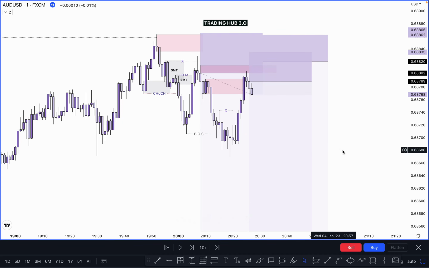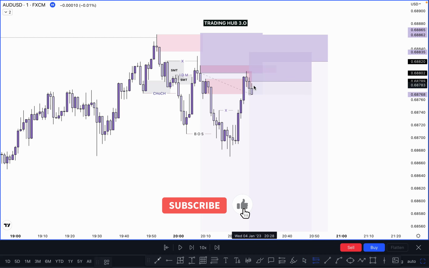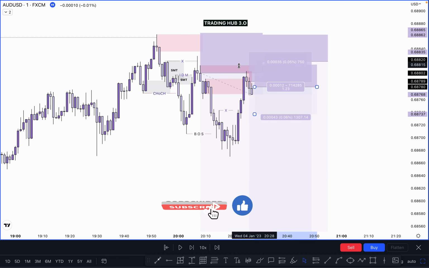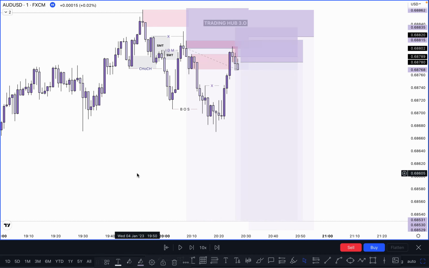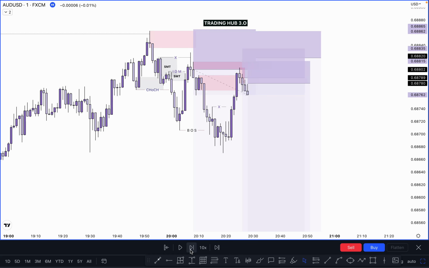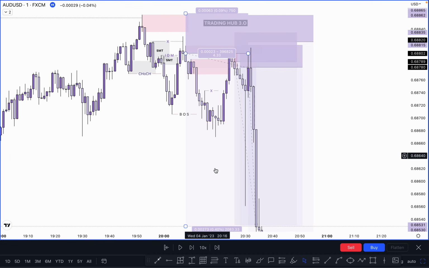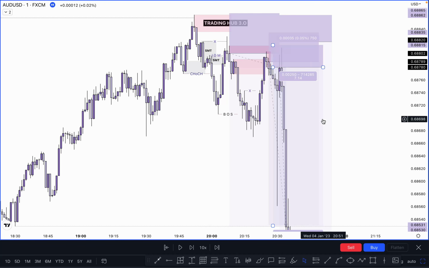Okay, and if the first entry is a miss, then you can take another entry here based on the single candle order block, which is here, because the third candle mitigates the first candle order block, something like this. This one is our next entry, and put the stop loss just above, for the safer side. Okay, and target is the same, which is here. So let's see what happened next. All right, so finally market hit our target at this point, as you can see here.